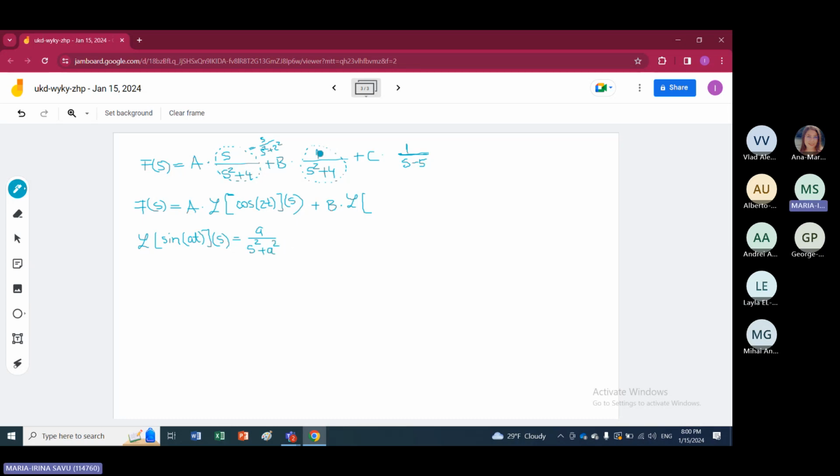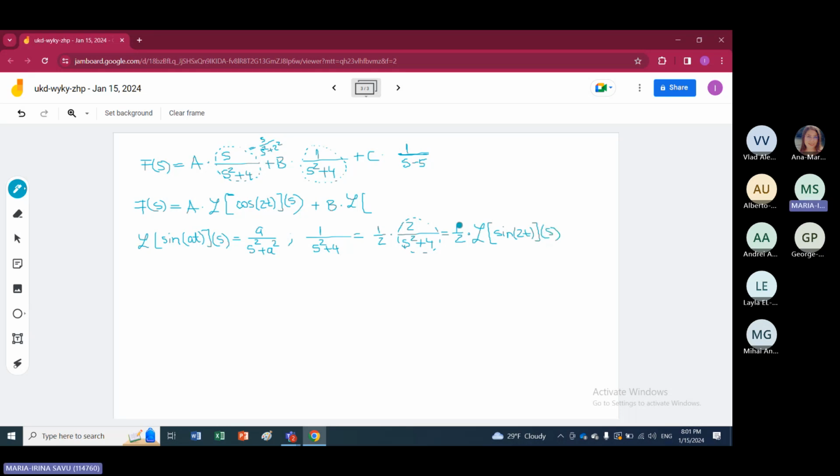But you don't have here a. So in this case, a is again 2. You don't have here the 2, so this function must be completed in the following way. You have 1 over s squared plus 4, which is 1 over 2 times 2 over s squared plus 4. And this is 1 over 2 times Laplace of sine of 2t